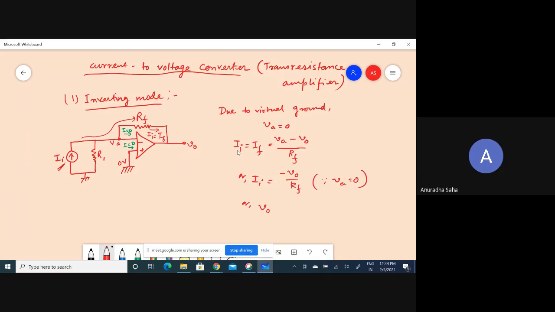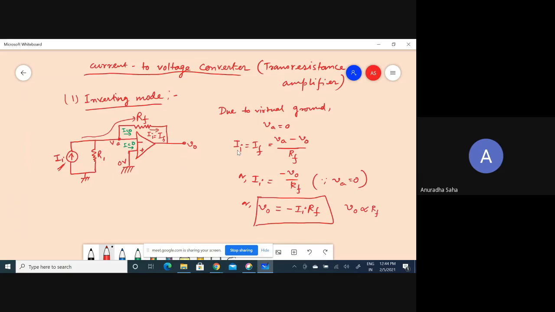So the output voltage VO is nothing but minus Ii Rf. This is your final expression of the I to V converter using this inverting mode. And you can see here that to satisfy this particular name, the trans-resistance amplifier, the output voltage is